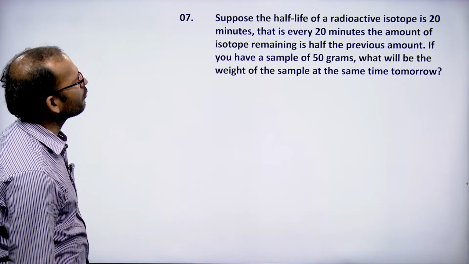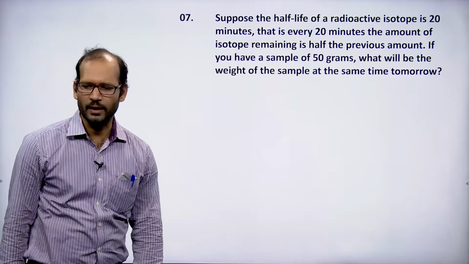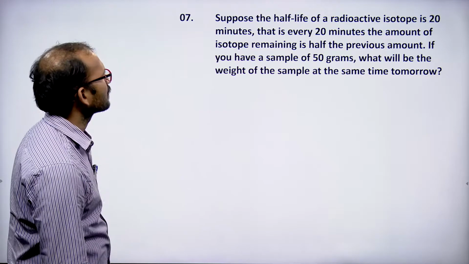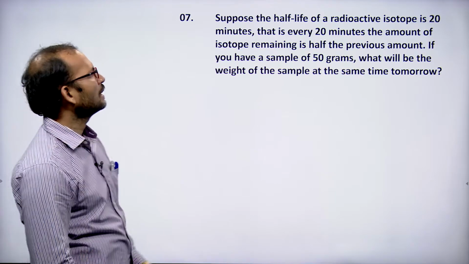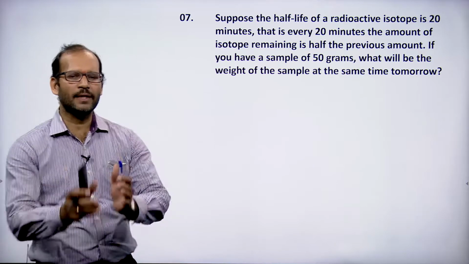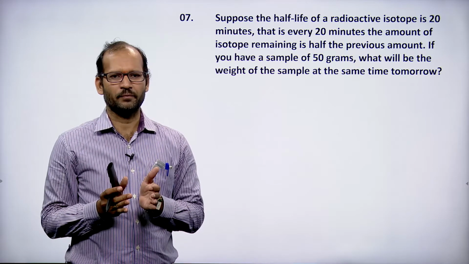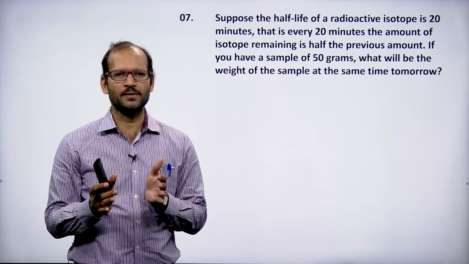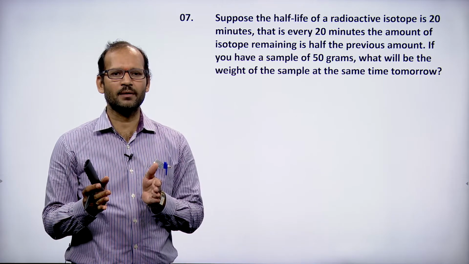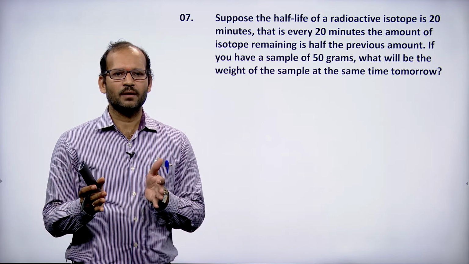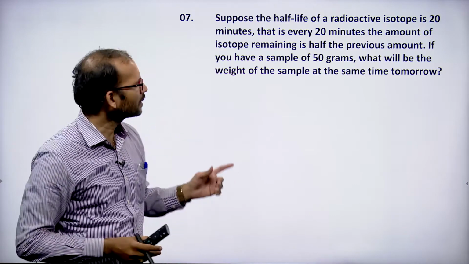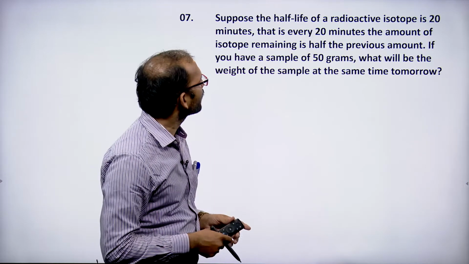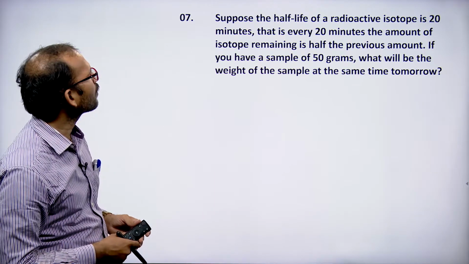Suppose the half life of a radioactive isotope is 20 minutes. That is, every 20 minutes the amount of isotope remaining is half of the previous amount. For example, if 1 kilo of radioactive isotope is there, after 20 minutes what will happen? It will be half of the kilo. It is given that every 20 minutes the amount of the isotope remaining is half